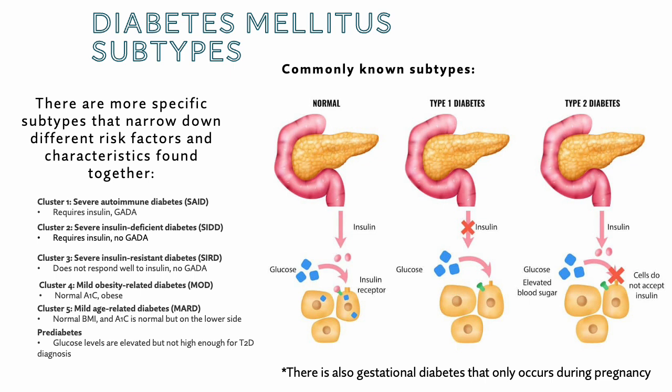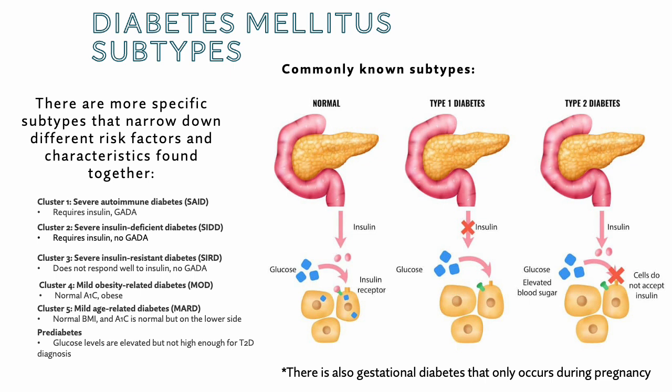On the right is type 2 diabetes. In this case, the pancreas is still making insulin. However, the problem is that the cells have become resistant to the insulin, as shown by the red X blocking the glucose from entering even when insulin is present. So even though there's insulin around, the cells don't respond to it properly, and glucose builds up in the blood,